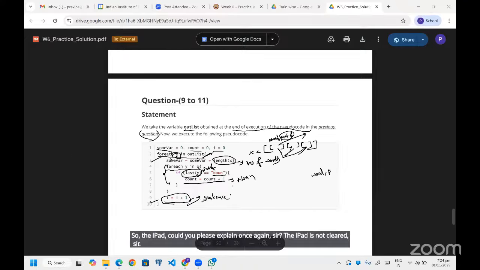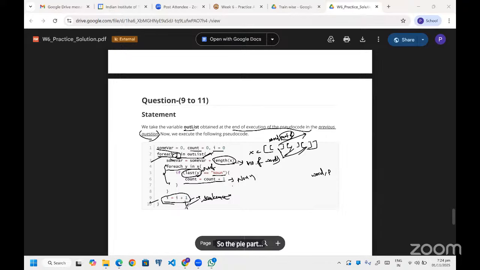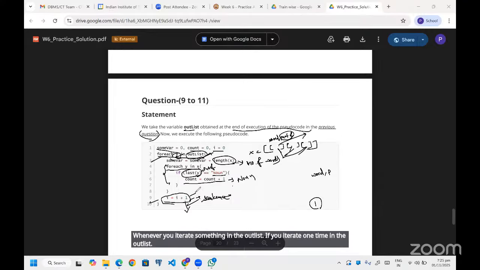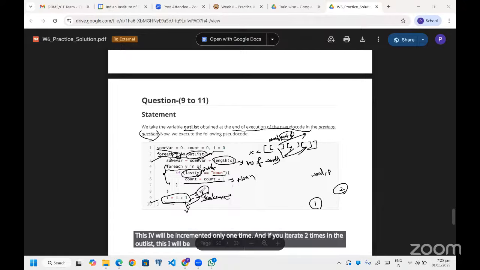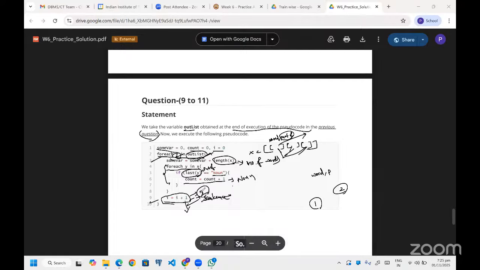So the I part, what we are doing is incrementing it whenever you iterate something in the out list. If you iterate one time in the out list, this I will be incremented only one time. If you iterate 2 times in the out list, this I will be incremented 2 times. Before going to the next element in X, it will iterate once.